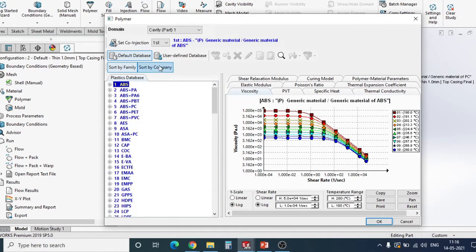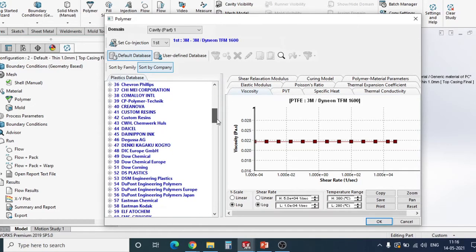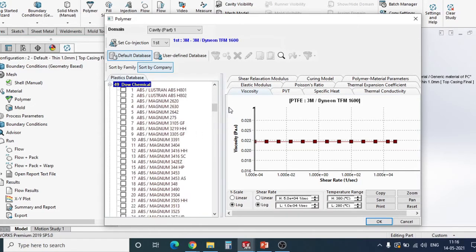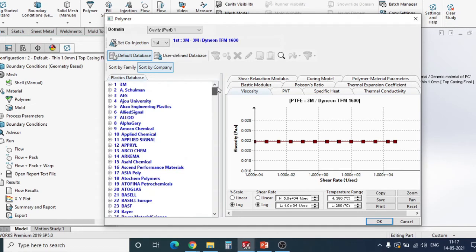Likewise, you can also sort by company. If you are using plastics from, for example, 3M or any other company like Dow Chemicals, all the material properties of those plastics are built into the software. You can directly make use of them, correct.